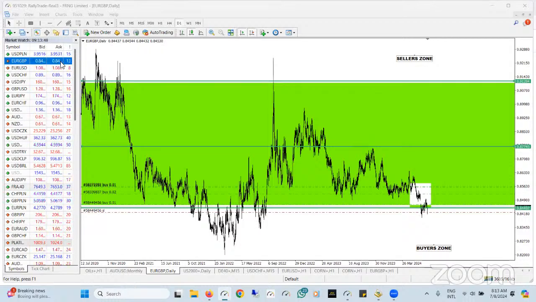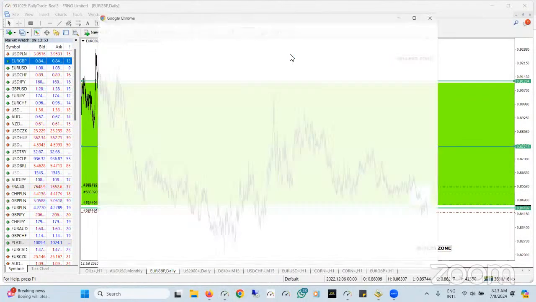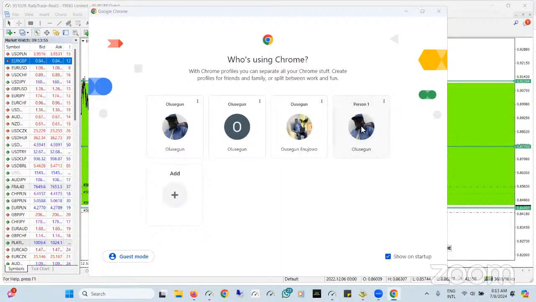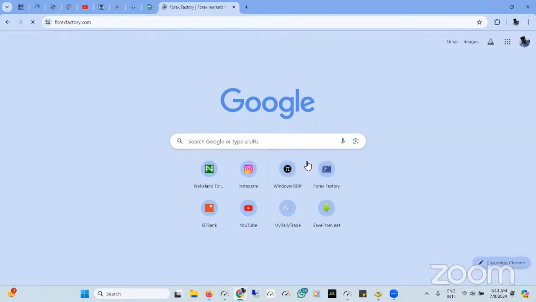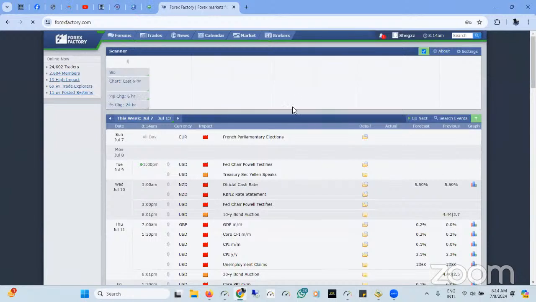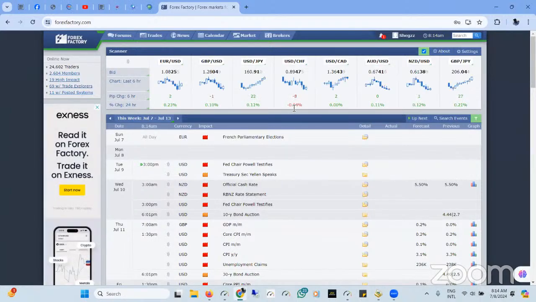Now, let me go to browser. I'm going to open my browser right now. And I'm going to share the screen to my current screen. So I'm going to go to Forex Factory directly, and we're going to look at what will happen today. So the French parliamentary election was the reason why euro pound gapped down. Then there's a push. Okay, so I've not seen the result anyway, but we can check it online on Google